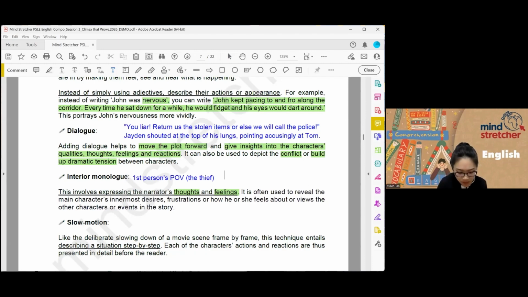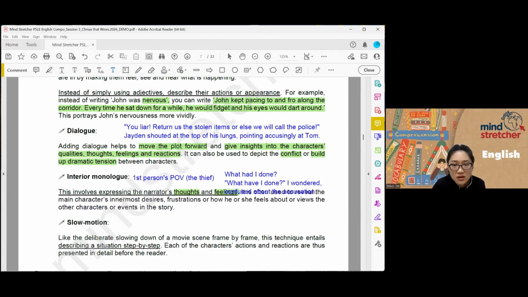For example, what had I done? If you don't use quotation marks, please use the correct tense. What had I done? If you are the narrator, you can just say, what had I done? Or if you're using quotation marks, you can say, "What have I done?" I wondered, confused about the accusation.